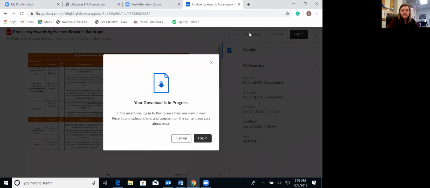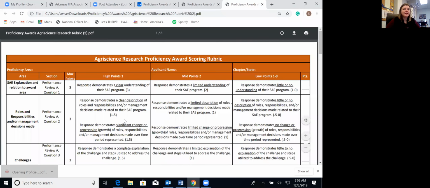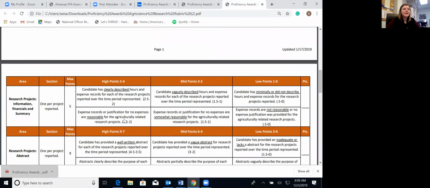Now, when this box pops up, you may freak out. Don't. Anytime you download anything from the box, this will pop up. All it's trying to do is get you to sign in. You can literally click X, and you'll see down here that it's still downloaded, and you're able to open it, and you're ready to go. You did not have to sign in, and you now have